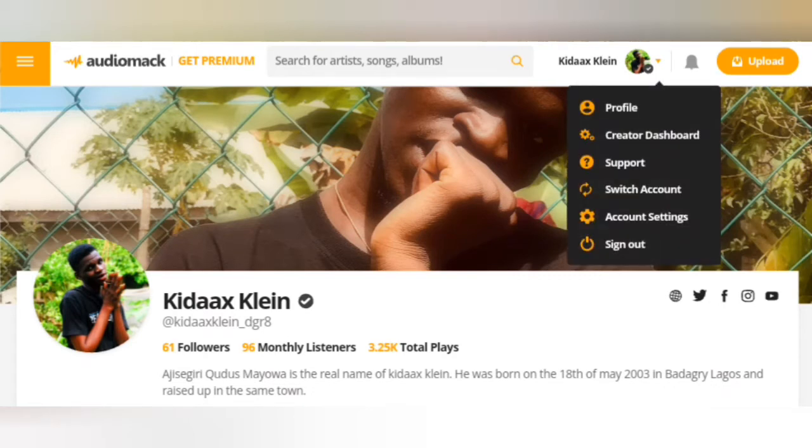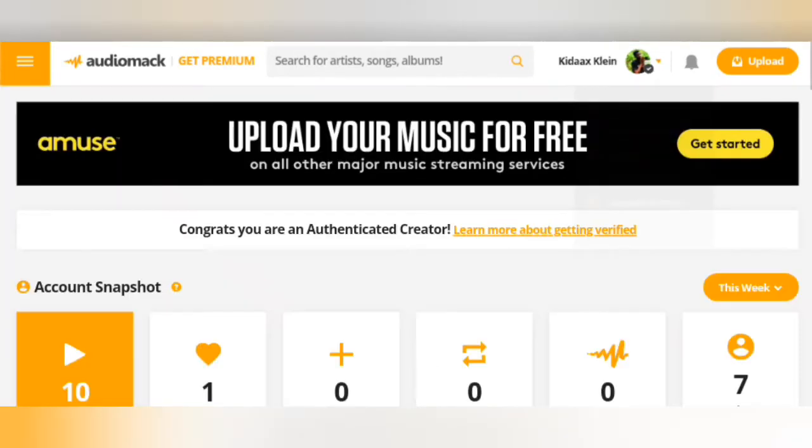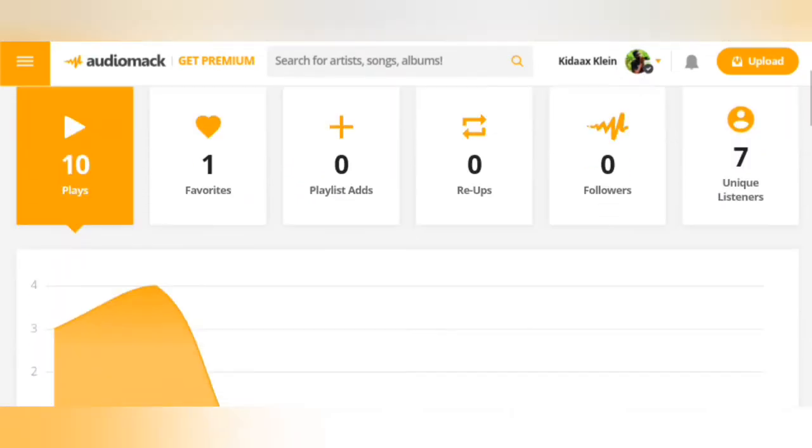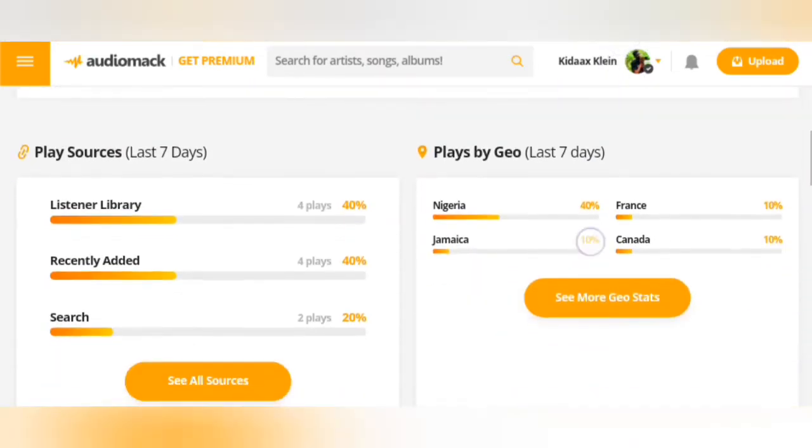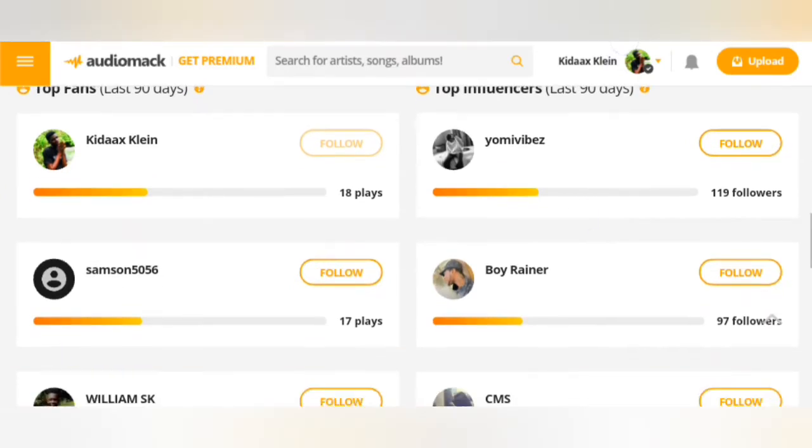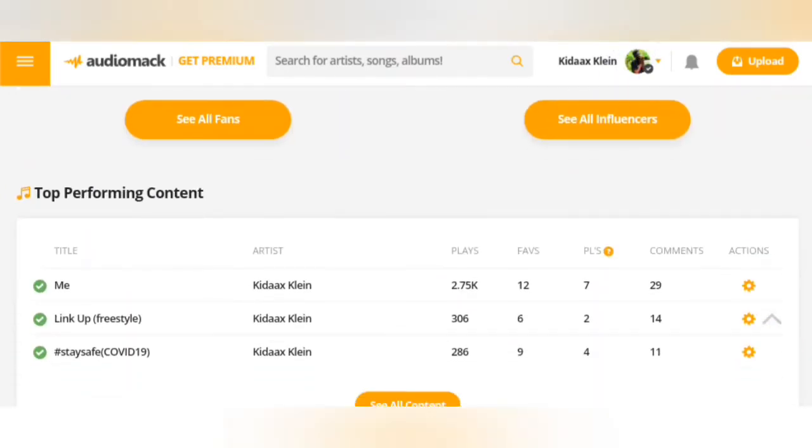and I'll click on creator dashboard. That's the second thing I'll click on, creator dashboard. Okay, I'm there on my creator dashboard. Then I will scroll down. Okay, this is where I can find my content,